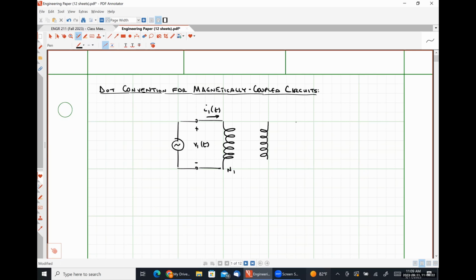This one is assumed to be excited. Our voltage V2 of t, and this is our current I2 of t, and we have N2 turns. So instead of having a system like that,